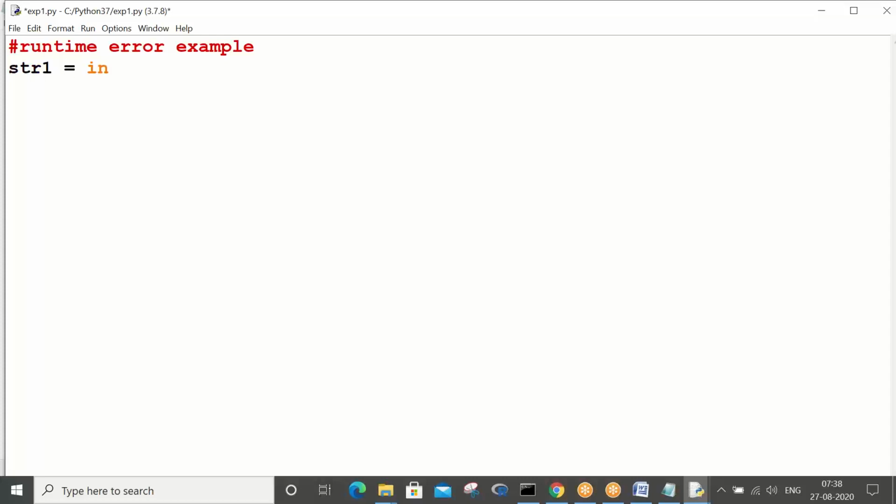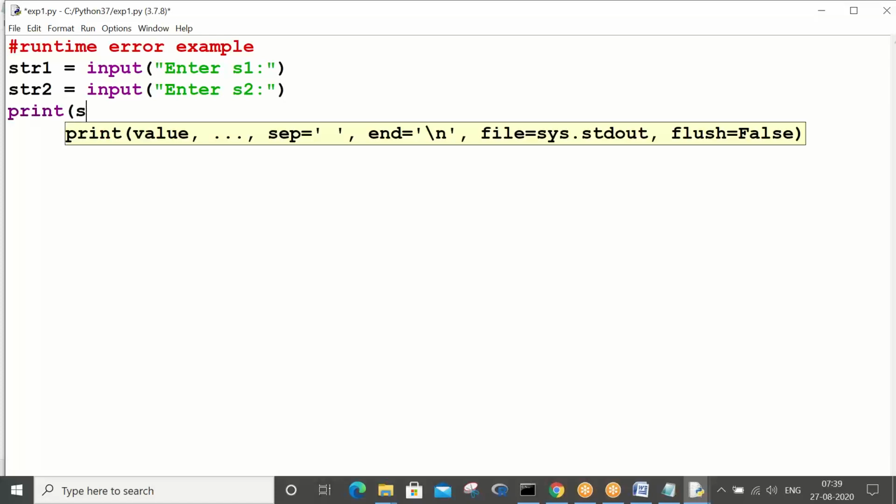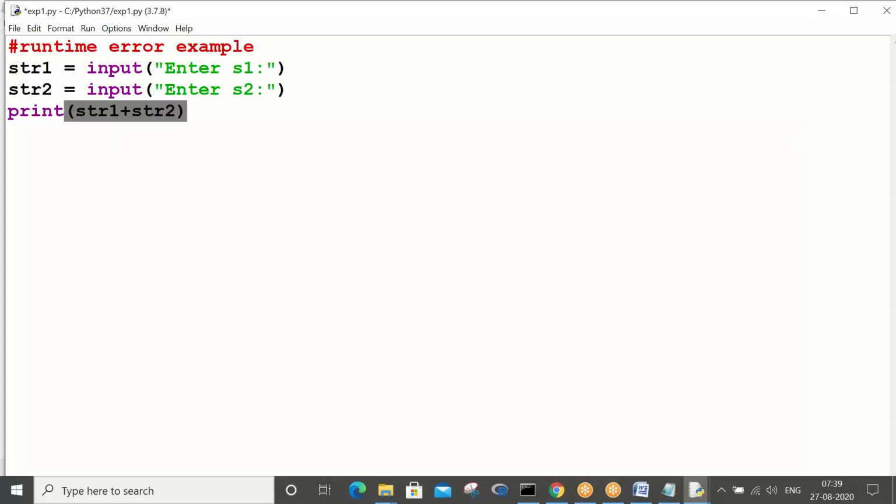str1 is equals to input of enter s1. str2 is equals to input of enter s2. Now print str1 plus str2.